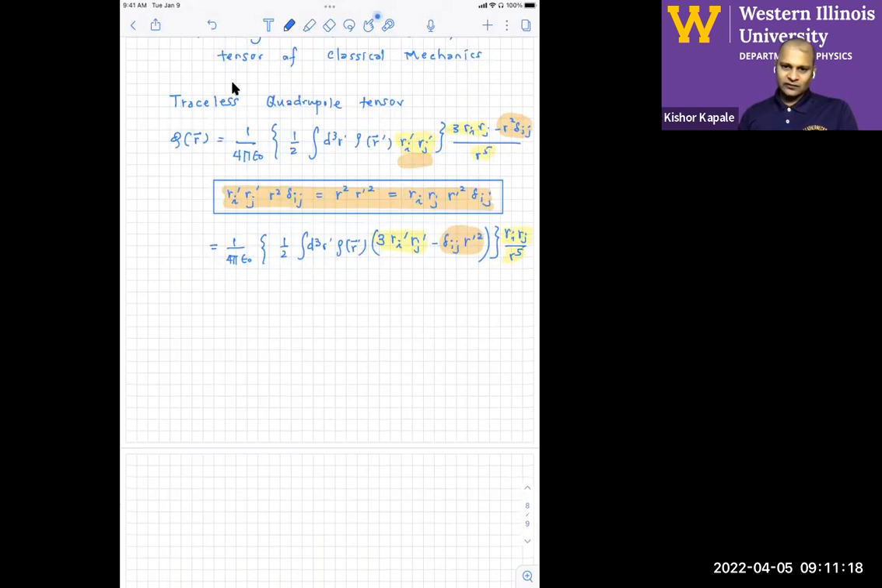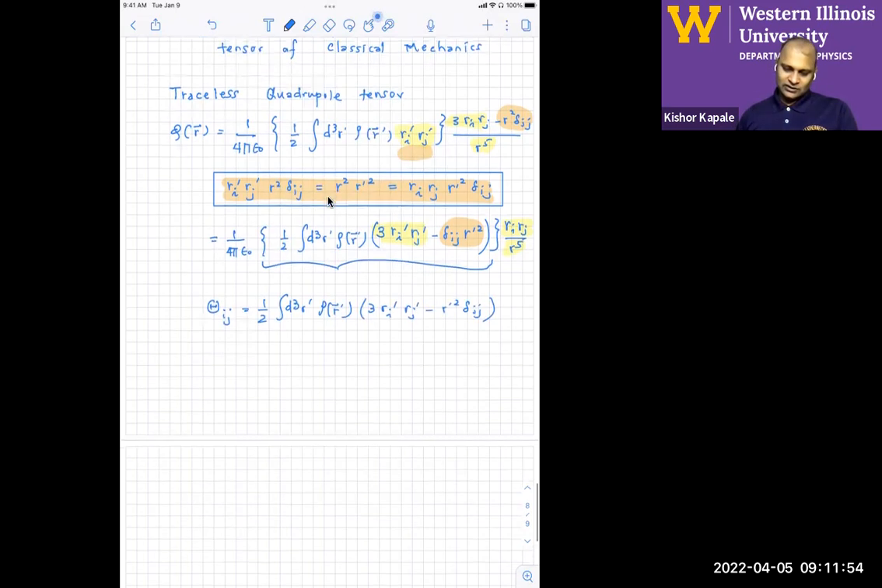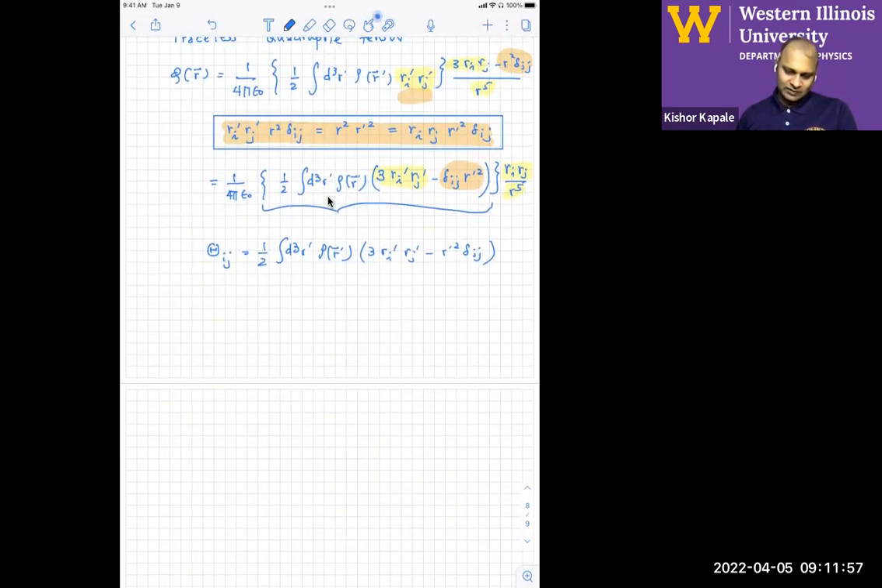Okay, so let's see what's the usefulness of this. If you look at this quantity here in the curly brackets, along with that half, that is now going to be defined as a tensor Θij. It's going to be half ∫d³r' ρ(r') [3 ri' rj' − r'² δij]. So the structure that you had for ri rj is now embedded into this. And if we expand it out, if we look at this,